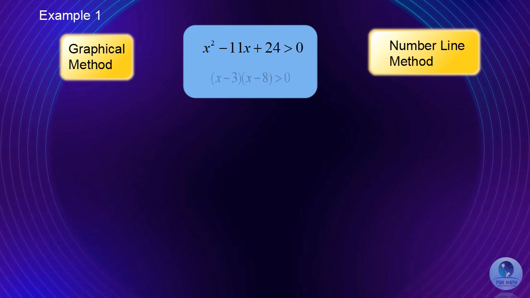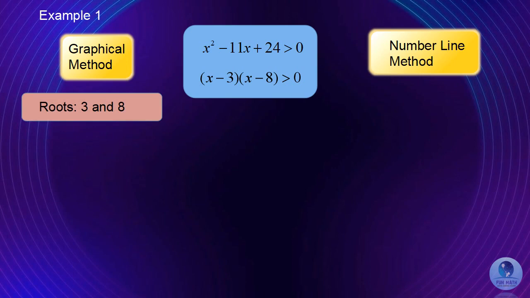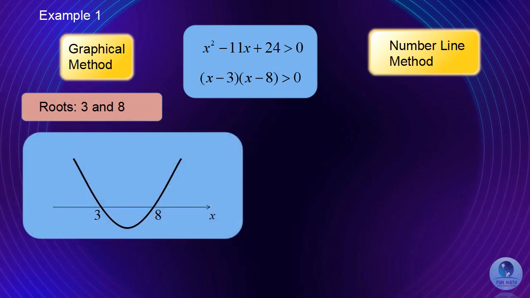First, you need to factorize this quadratic inequality. You will get x minus 3 multiply x minus 8 is greater than 0. Let's look at how we solve this question using graphical method. First, you need to identify the roots of this quadratic function, which are 3 and 8. Then, you need to sketch the graph of x squared minus 11x plus 24, which is a U-shaped graph with